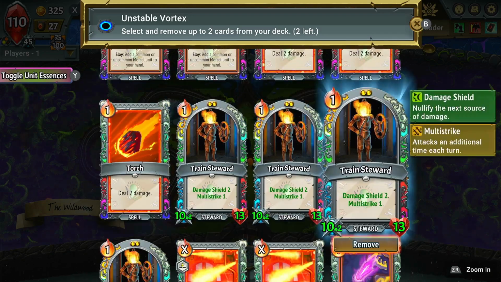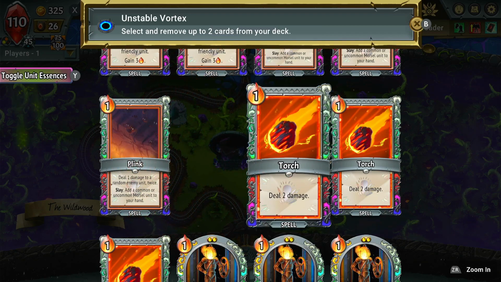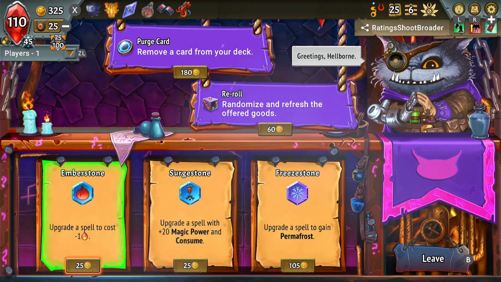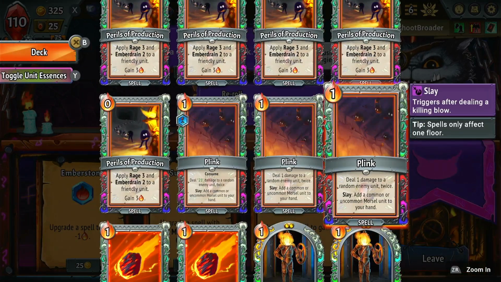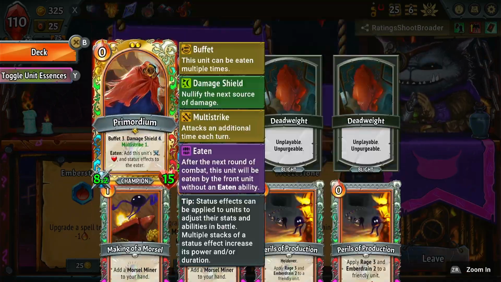At this point, I really still do like the Train Steward because they play and go away. So let's do another Plink and another Torch. Is there anything in particular we might be looking for here? No remove, consume. Double stack on Void Binding might be nice, but it's also kind of overkill. Overkilling is the best killing, but...